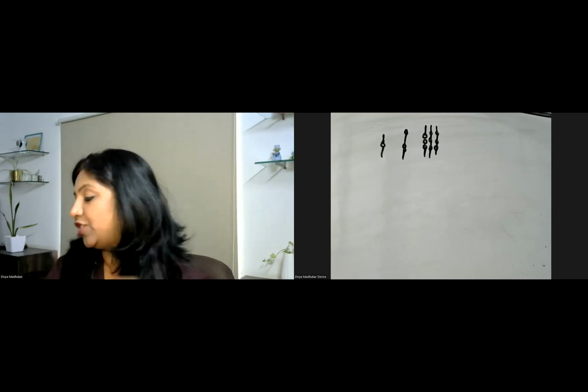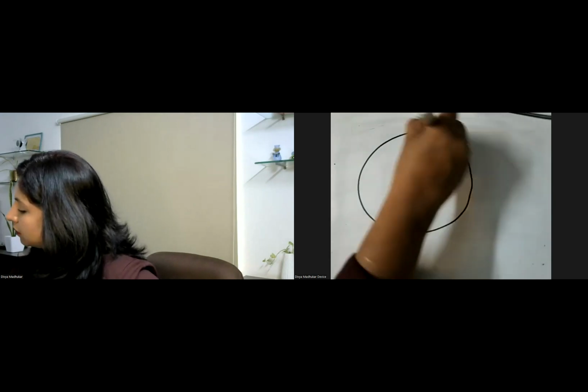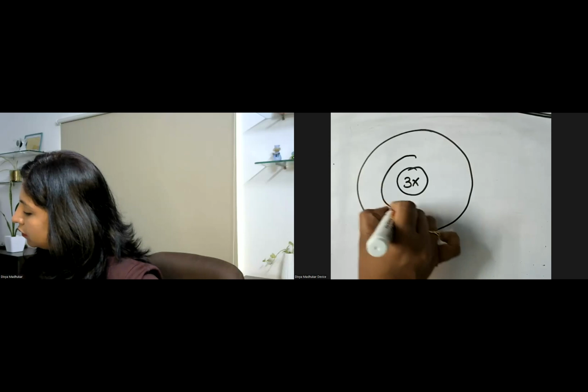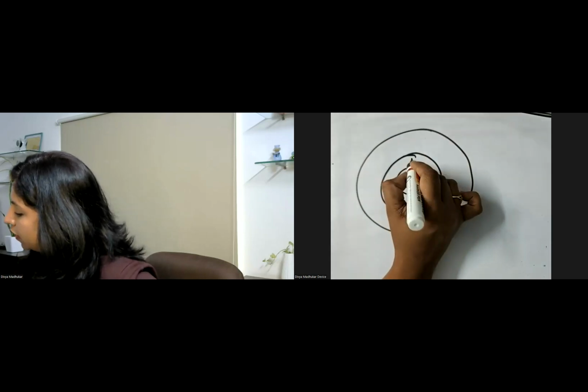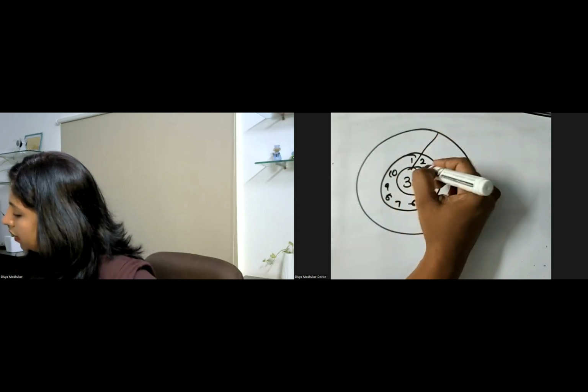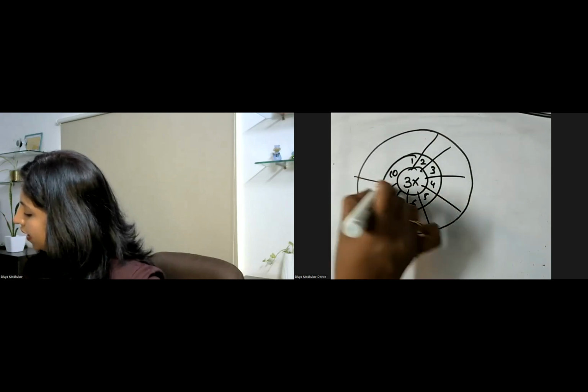We can also go with charts, guys. Sometimes you can also give them charts like this. It's a product chart. 1, 2, 3, 4, 5, 6, 7, 8, 9, 10. So you can make a chart like this for every table. Once the child understands that number, they can actually start filling. 3 1 time is 3. So skip. So it's all in skip counting.